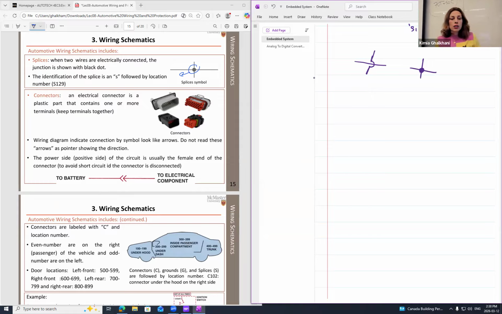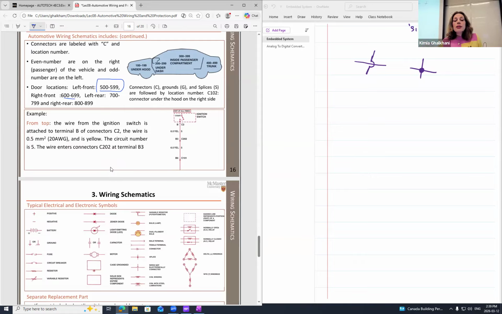This is important to know, in addition to, for example, the details for the wiring circuit, you need to know, for example, we have 500 to 599 locations for the wiring from the front, and of course from the right front and left front. And even if you are going to put them inside the wiring circuit, or connector, if they are on the left, right in here, it means they are, for example, left front. If they are here, it means they are right front. So that's the way that we are showing it.